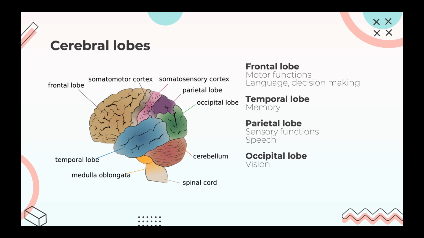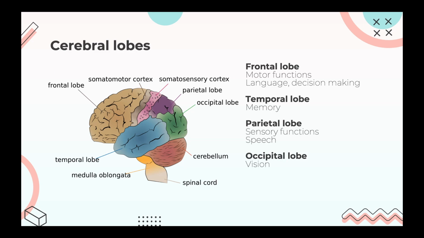So the temporal lobe controls memory. It's a very simple function. The reason why we call it temporal lobe is because it comes from the Latin tempus, which means time. Parietal lobe, the reason why it's called parietal lobe is because it comes from the Latin paries, which means wall, and it's essentially just the side wall of the brain. And it's involved in a lot of different sensory functions, as you can also see with the somatosensory cortex,